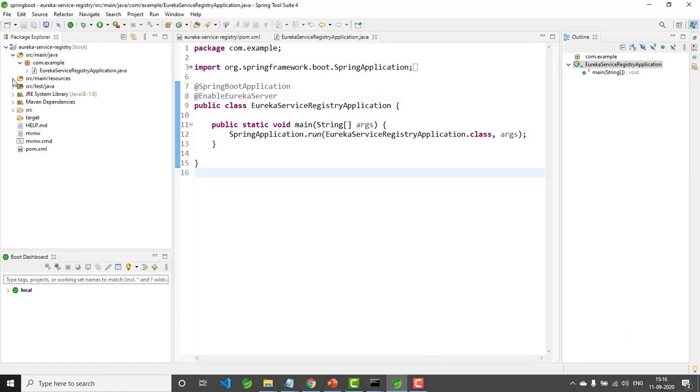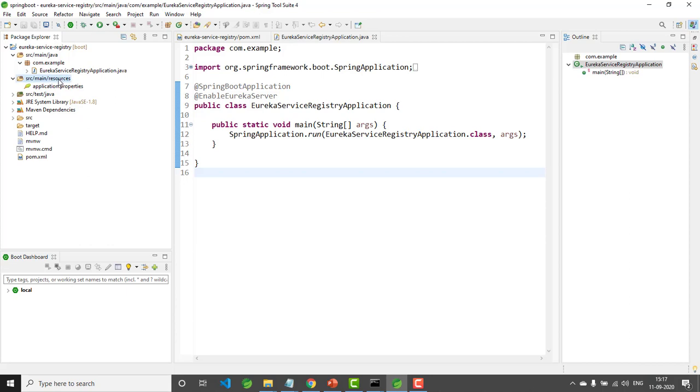Next is we need to give the configuration metadata details relevant to this Eureka server. So let me open src main resources. Inside this we are going to create application.yaml. If you want, you can use application.properties file also, but with microservices we will be using application.yaml. The reason is with application.properties your properties are more verbose. With application.yaml you will be using indentation, so all the properties relevant to one particular thing will be grouped together. While doing this, I will explain why it is better than application.properties.